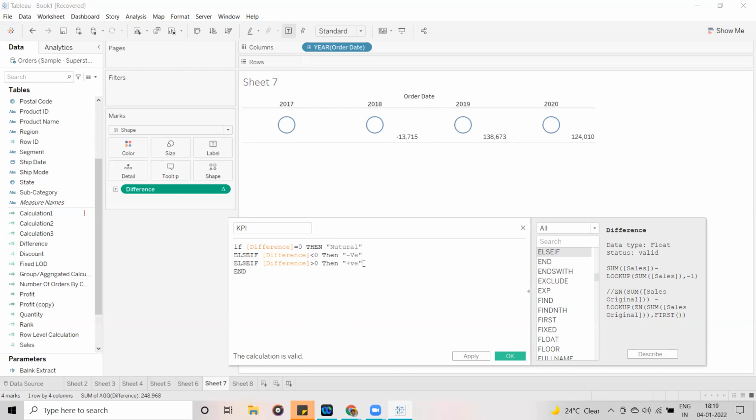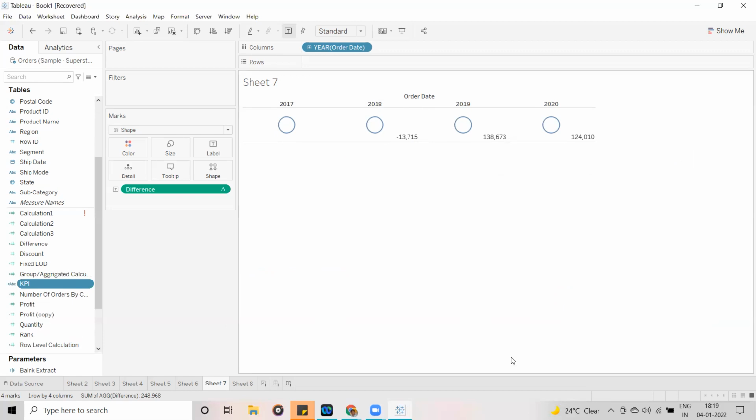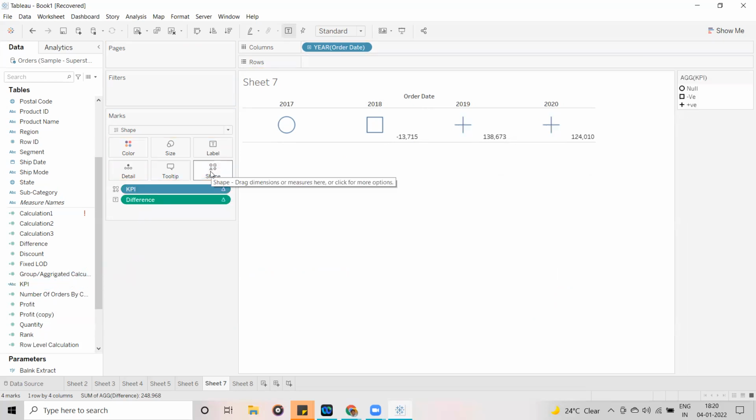Just to display these names, I'm going to click OK. Now the KPI field is available here. I am going to drag this field into shapes. Now you can see, guys, null, positive, negative, 3 different shapes are available here.